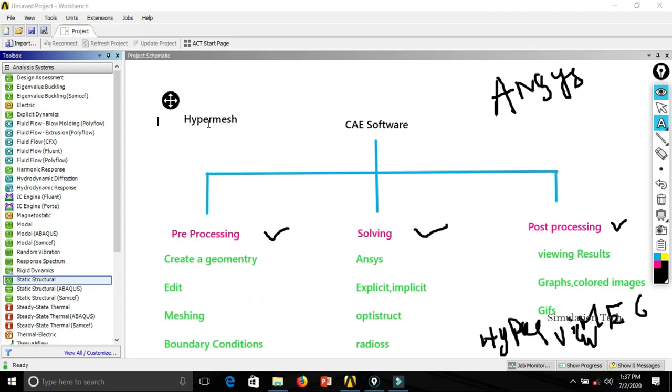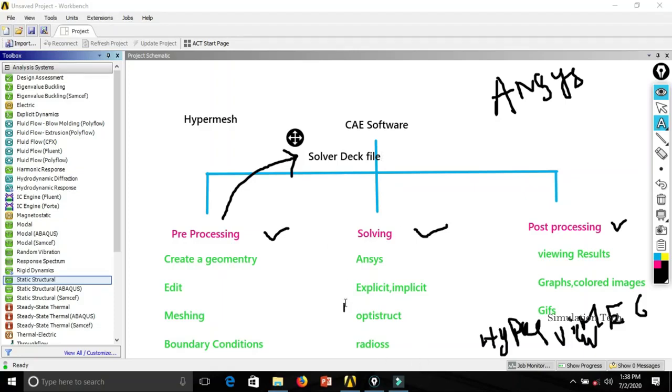Once you complete the pre-processing stage and save that pre-processing file, that file is called the solver file. You can solve the solver file in whichever solver you like, but the need is that the file format must be supported by that solver. If you want to solve in the ANSYS solver, the solver file should be in ANSYS format.